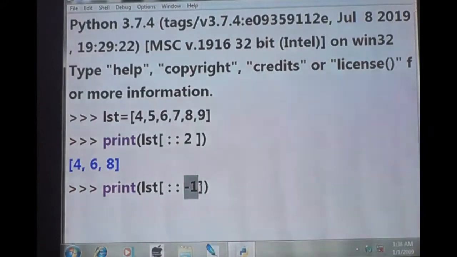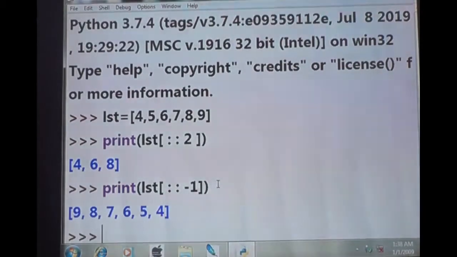Value decrement aitea irukanum. So enna agumna, you have to take 9, then decrement by 1 means 8, 7, 6, 5, 4. Simply -1 appadina, it will give you the reverse order. So 9, 8, 7, 6, 5, 4. Got it? So -1 means value decrement agum. Starting la 9 print aachuna, one value decrement 8, one value decrement 7, one value decrement 6, one value decrement 5, one value decrement 4. Okay? So -1 means decrement by 1. So adala ungalku reverse order la print agum. Clear? Okay.